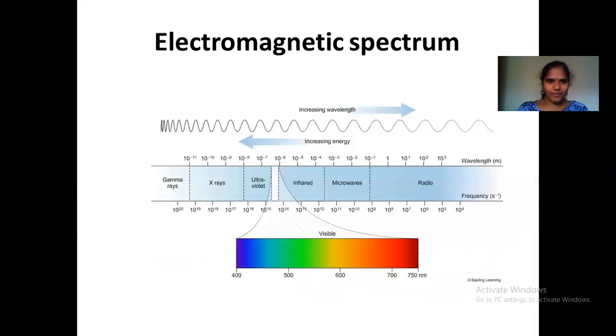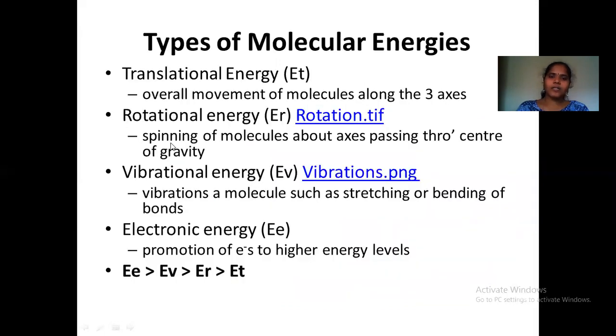Here also I just represented the electromagnetic spectrum with the wavelength and frequency values highlighted here. And it is very easy to remember any one value, wavelength. If you can remember all other relations, one can know, so you can convert those values easily. And here I just represent the wavelength variation in the form of a sine wave. Come to the molecule.